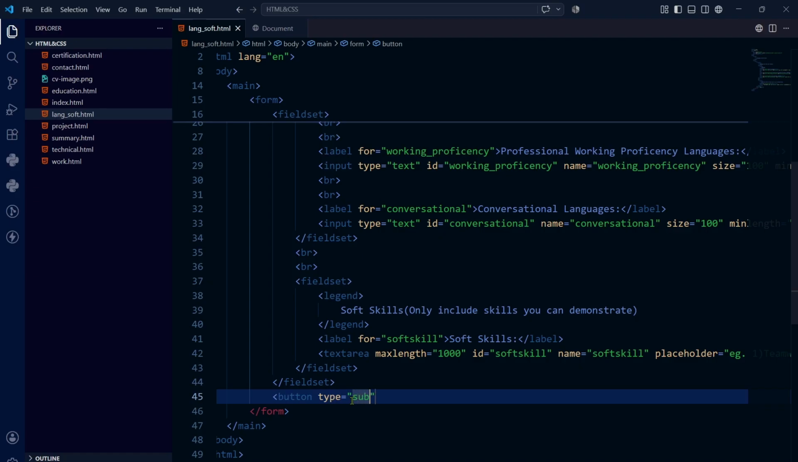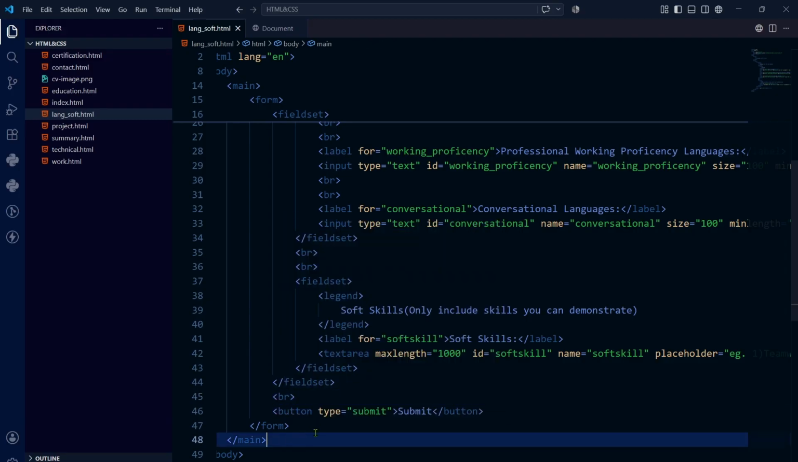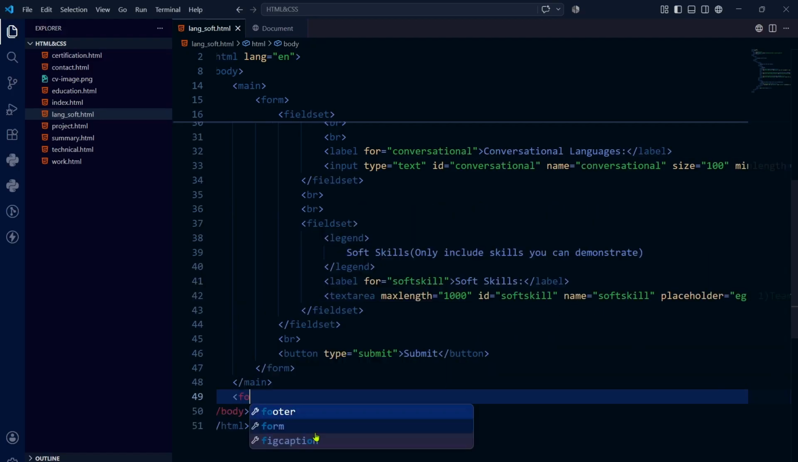After the soft skills, let's make a button tag, submit. Now it will be the submit button. Okay, this much I think. Now we are finished. Now the submit button is also created. Now let's add a br and then it's almost finished. Yeah, it's finished. Now we are going to add a footer